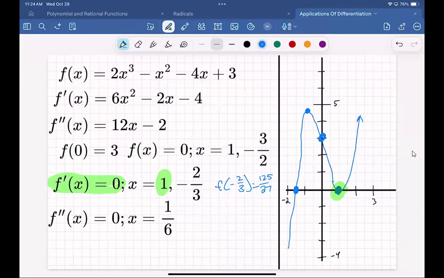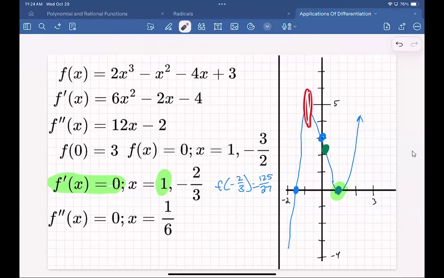Now, where does the 1/6 lie in all of this? What you're going to find is that 1/6 is going to be about right here. Typically, you're going to find it's pretty close to halfway between our two horizontal tangents. I'm not saying it's going to be exactly halfway, but somewhere in between our horizontal tangents, that's where we're going to see that here. So this is going to be x equal to